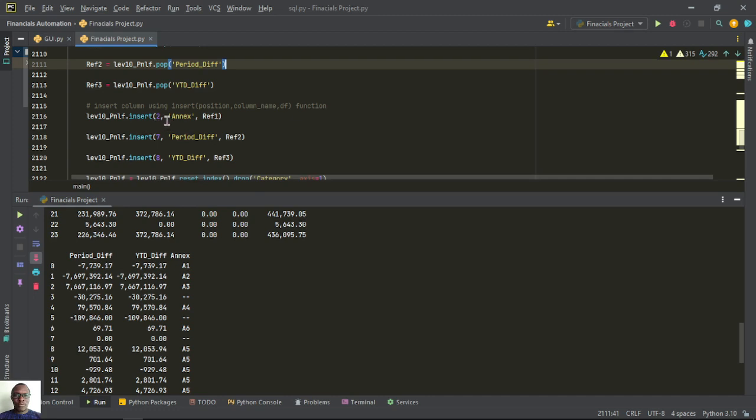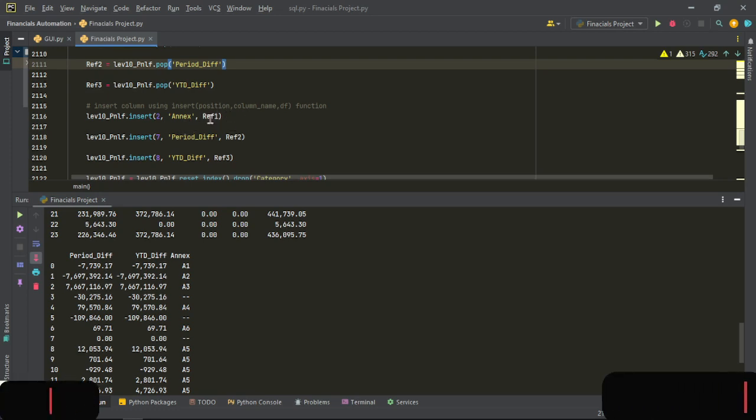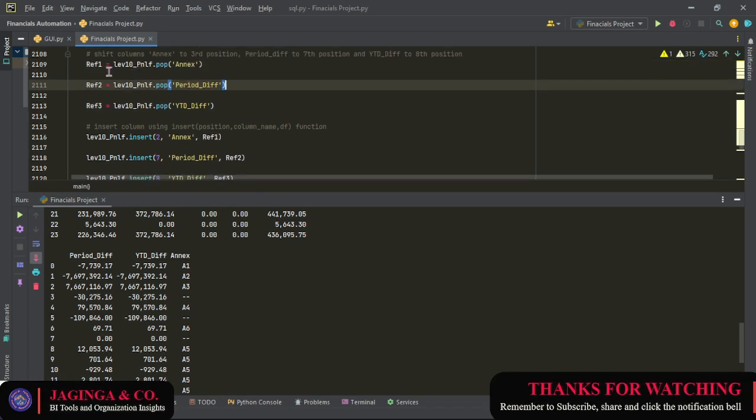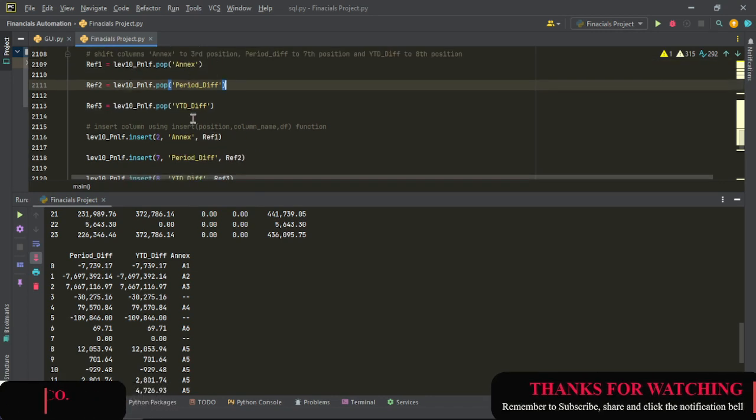So we are inserting index. We are inserting annex in column 2, second column, then ref 1. So ref 1 is this annex. So this is what we are trying to insert in